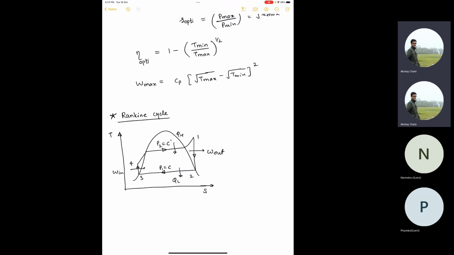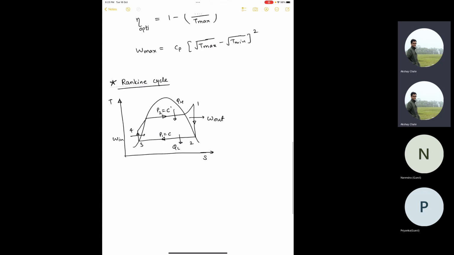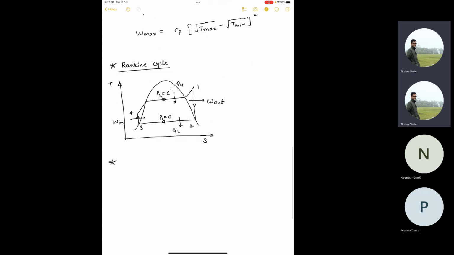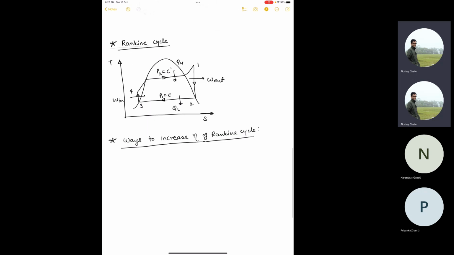Other than that, I think there are some ways to improve Rankine cycle efficiency. So I listed down the ways. You can have a look. These are standard ways. You'll find them in any standard thermodynamics book. So, ways to increase the efficiency of the Rankine cycle. There are many ways. First is what you can do, if possible, reduce